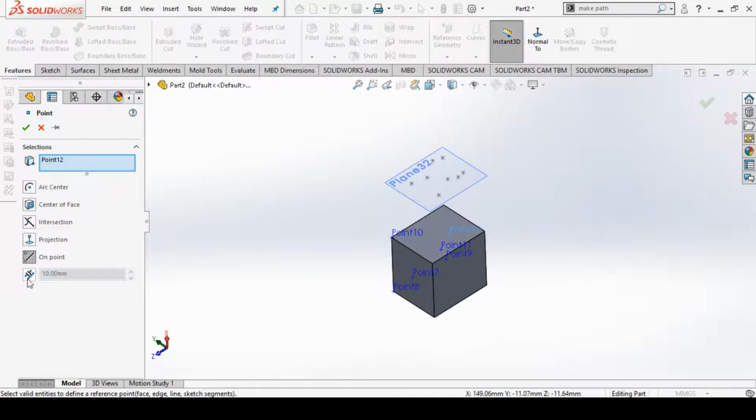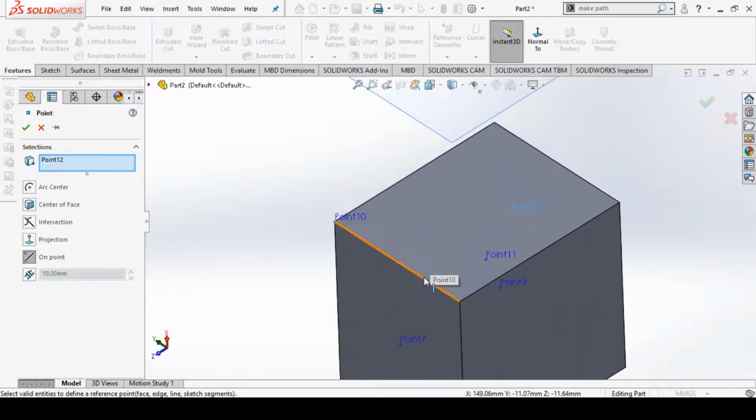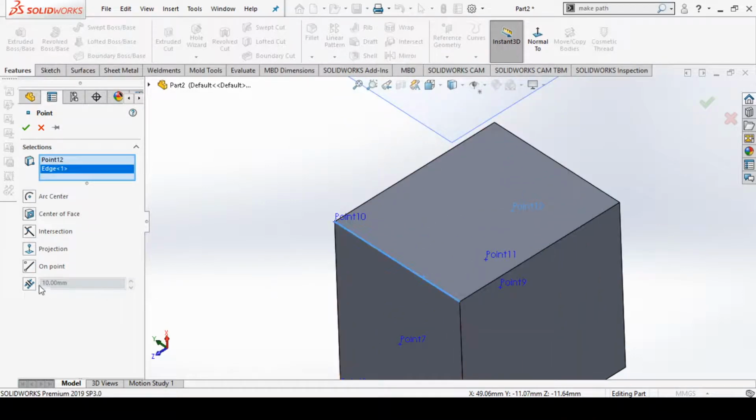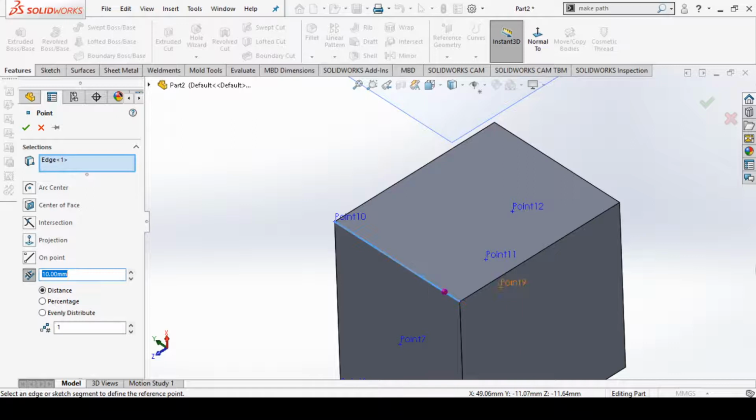Also we can see these options. For that we have to select some edge. Suppose I select this edge and I activate this option. Now select the points that are at a distance of 10 mm from each other, and we have to create n number of instances. So this dimension is about 10 into 7, or you can see these parts are basically 3, 4, 5, 6, 7, 8 parts. So this distance is approximately 80 mm.